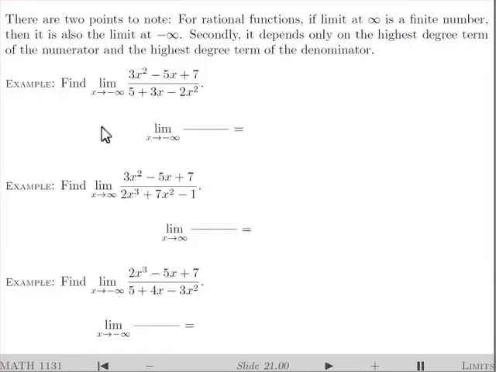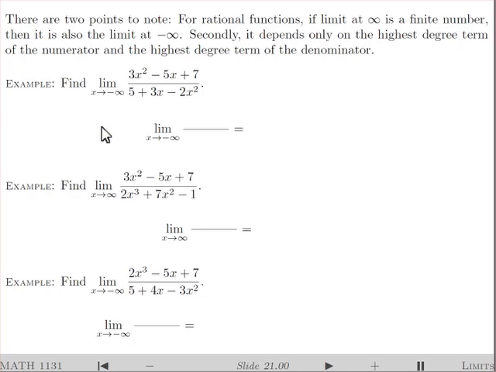Welcome. In this session, I will describe an alternate way of finding limits of rational functions at infinity and negative infinity. It's a little bit shorter than the method I described last time, and it's based on the observation that for a rational function, we can rewrite it, factoring it as some power of x, namely the power of x which is the difference of powers of x in the numerator and denominator, times another